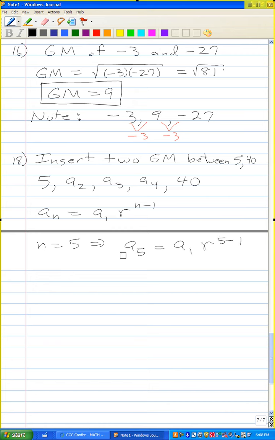So a sub 5 I know is 40. A sub 1 I know is 5. 5 minus 1 is 4. Divide both sides of my equation by 5. So I have